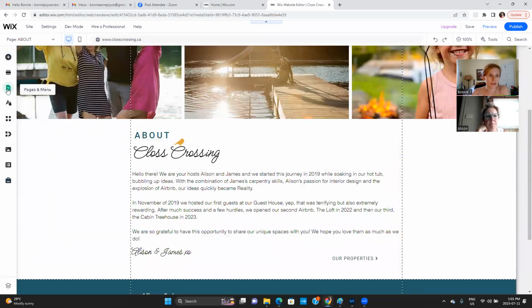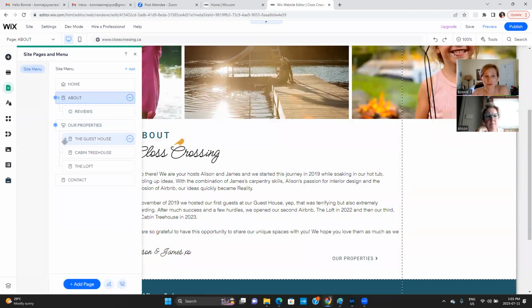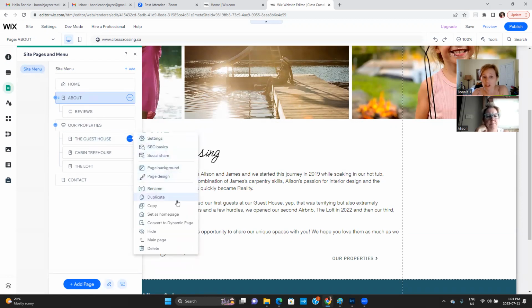In Pages and Menu, you can also adjust the order of these just by grabbing these little dots on the left-hand side. You can nest them differently or change their order. This little blue circle here has all kinds of options. If there was a page that you wanted to hide, like maybe your guest house was under renovation, you can hide it.